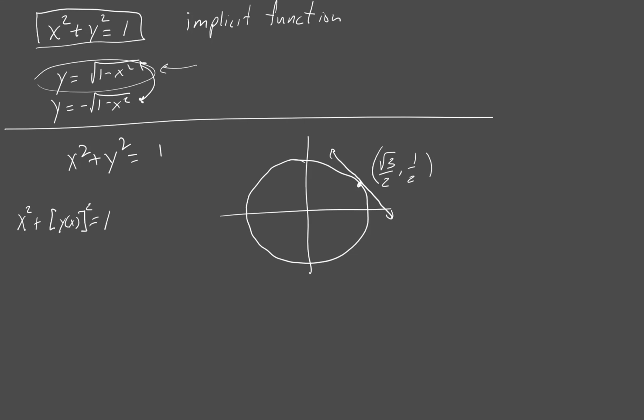So I've got this expression now. It sort of is a relationship between x's and y's, where I think of y as a function of x, and now I can take the derivative with respect to x. So with respect to x, x squared becomes 2x. This is a chain rule function, so I take 2 times the inside function times the derivative of the inside function, and the derivative of 1 is 0. So I take the derivative of all the parts,